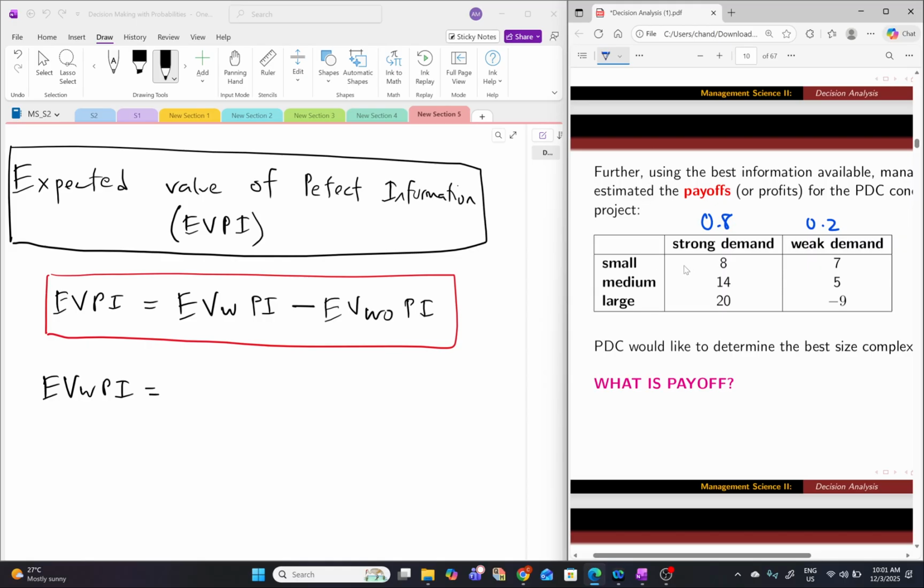Ini easy je. Katakan strong demand will happen. For sure. Tadi kita agak-agak kan, kita tahu yang mana akan berlaku. Tapi for sure, strong demand will happen. Which condominium you will choose to do? You go for higher profit, isn't it? Which condominium will give you higher profit? Large. So you will choose 20. So right here 0.8, you choose 20 plus